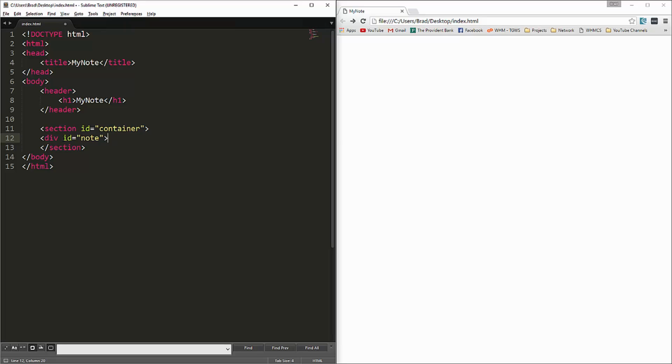And this is going to be editable, so we want to put in the attribute contenteditable and set that to true. And then we'll close that up, and then under the section we'll have a footer. Okay, it's going to be a very simple interface, and in the footer we're going to have, let's put in